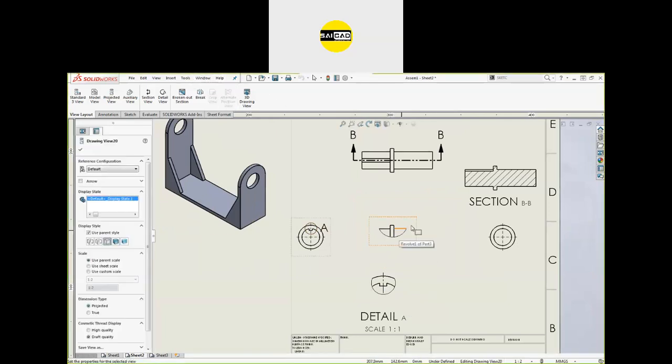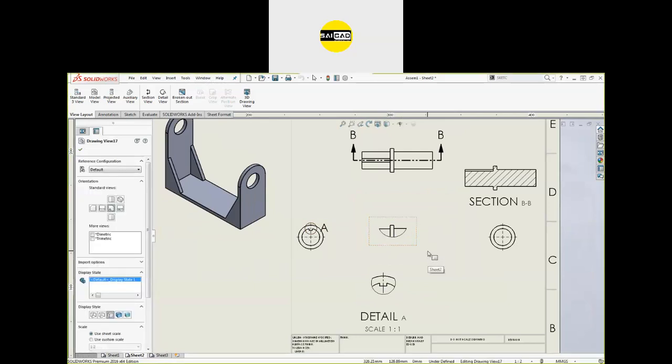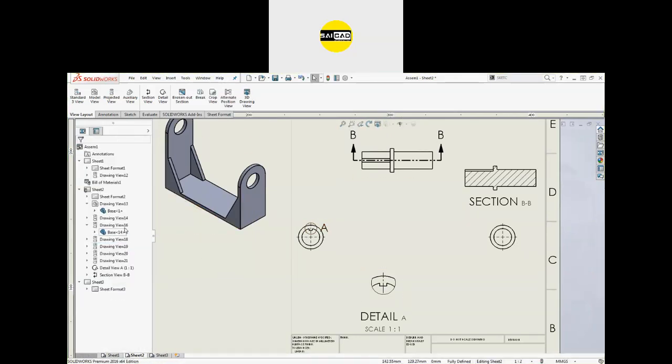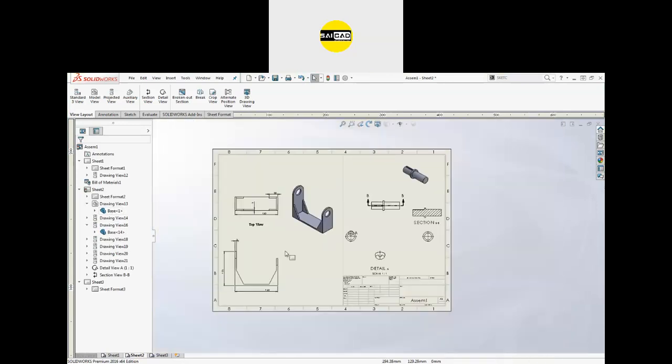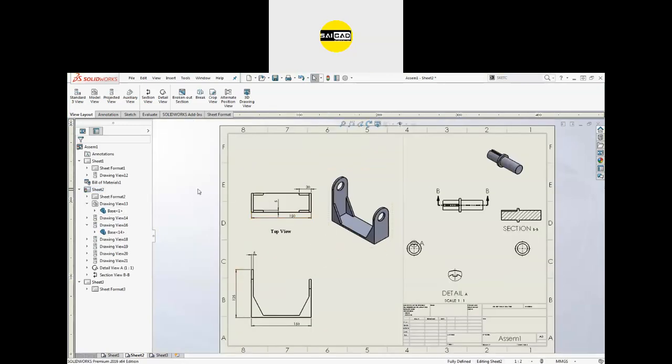Okay, so now I'm just going to create the crop view from here. Crop view is created. So next is break. So where does the break work? So right now I'm just going to